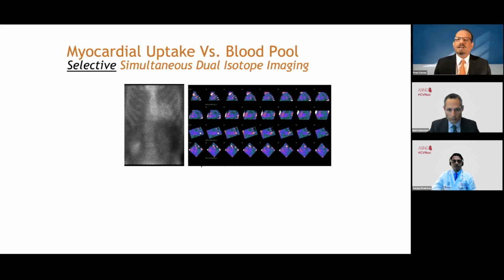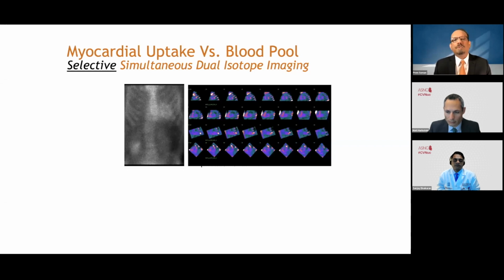We started doing that in everybody, and now before thallium became unavailable, we settled to using this for patients selectively who have equivocal scans. So most of our PYP scans are done on a standard Anger camera. We do the planar imaging and the SPECT imaging. If it's unequivocally negative, we are done. If it's unequivocally positive, we are done. If it's equivocal, we inject 1 millicurie of thallium and then quickly, in 5 minutes, do a simultaneous dual isotope